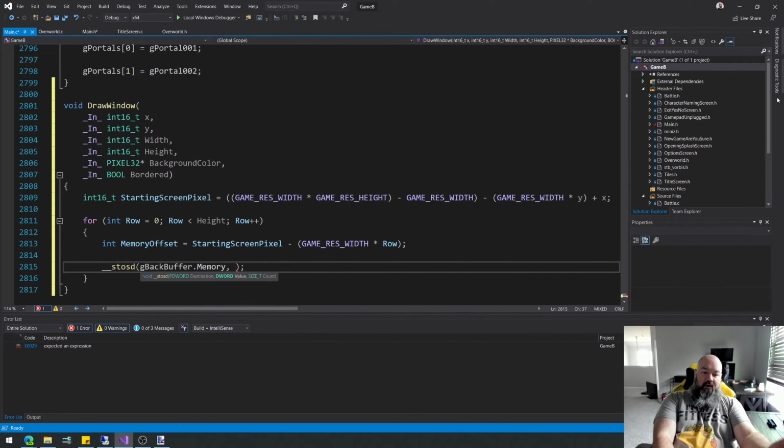It wants a D word. We have a pixel 32, but that can be cast into a D word, right? Because they're essentially the same thing. 32 bits is 32 bits. Just take the bytes and go. I don't care whether you call it a D word or pixel 32. I'm going to give it